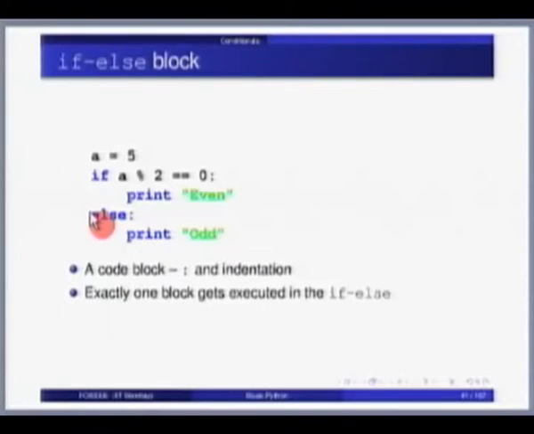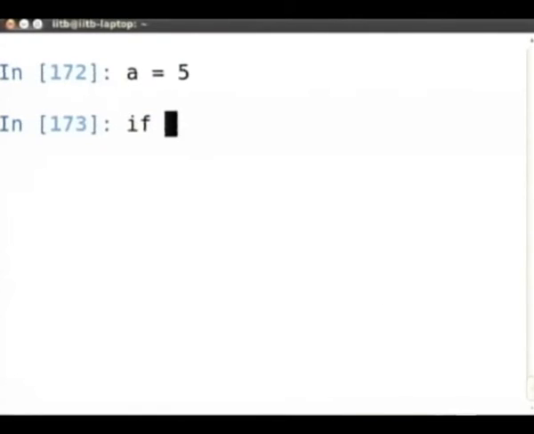Do not use tabs. And I would additionally suggest that you use 4 spaces as a tab. Don't use 8, because 8 becomes too much space. So use 4. That's a recommendation that I am making. It's not compulsory, but I recommend that you use 4. And I will use 4 in all the slides that I demonstrate subsequently. So if a % 2 is 0, it executes this block, else it executes this block. Very straightforward. So let's try this out. A is 5, and I would suggest you also try it out on your local sessions. A % 2 equals 0 and even.